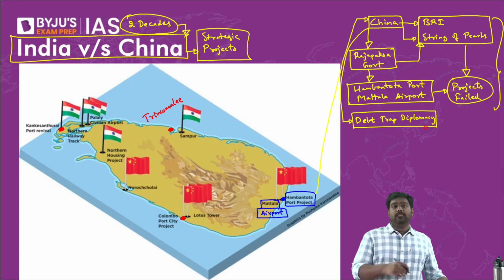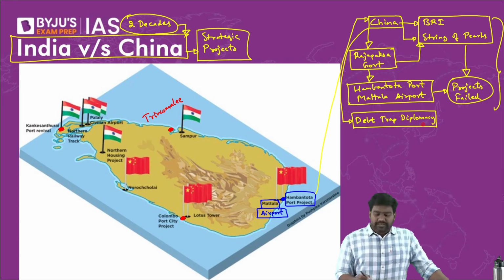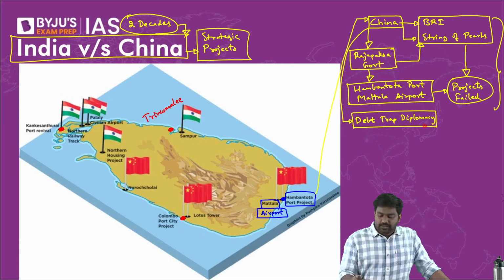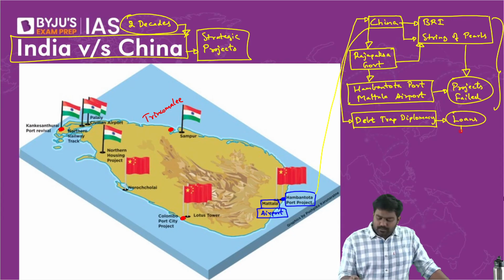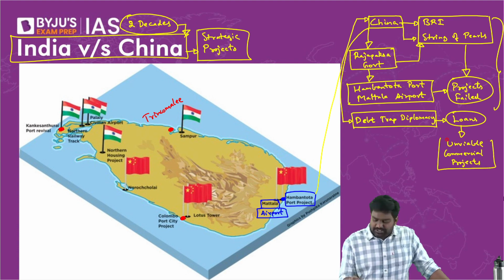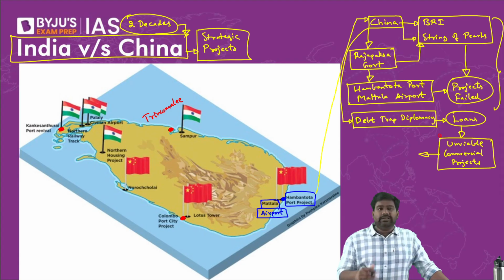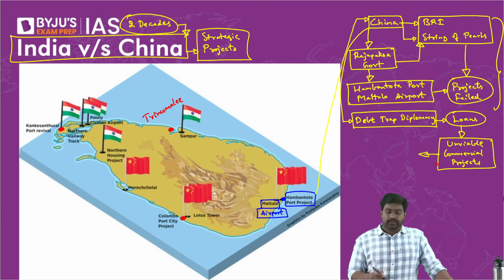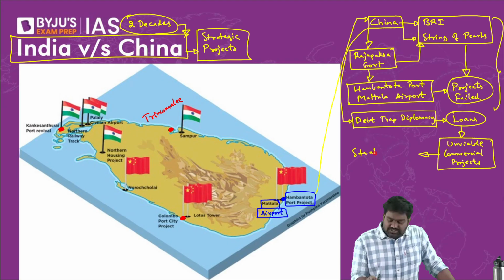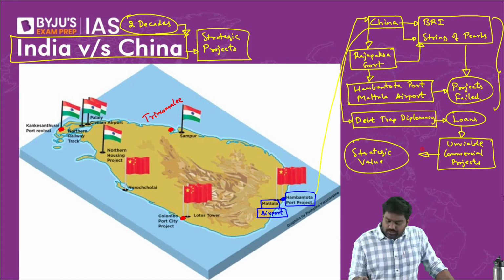Even the Indian media, Indian experts, think tanks and the Indian government, they do believe China has something called debt trap diplomacy, where it pushes the small countries to take massive loans on unviable commercial projects. It will fund these unviable commercial projects knowing that these projects might fail. China is not interested in the commercial part of it. That's what experts say. China is looking at the strategic value of these projects, especially the location of some of these projects.